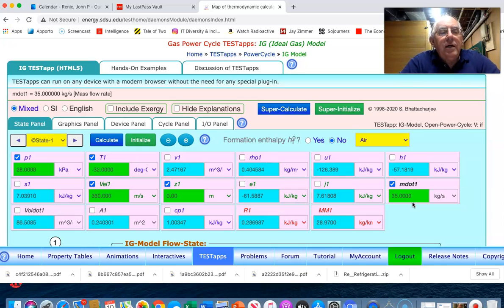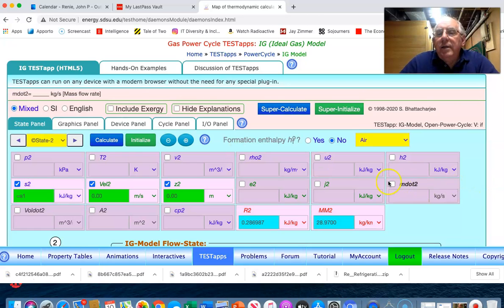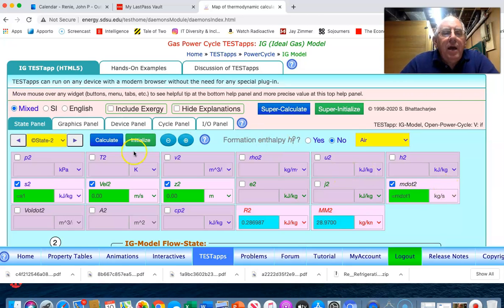Now we're ready to isentropically slow this down to see what happens to the pressure and the temperature as we go through that isentropic process. And so state 2 is going to have the same entropy as state 1. It's going to be the same m dot throughout, m dot 1. And as we said, we're bringing it down